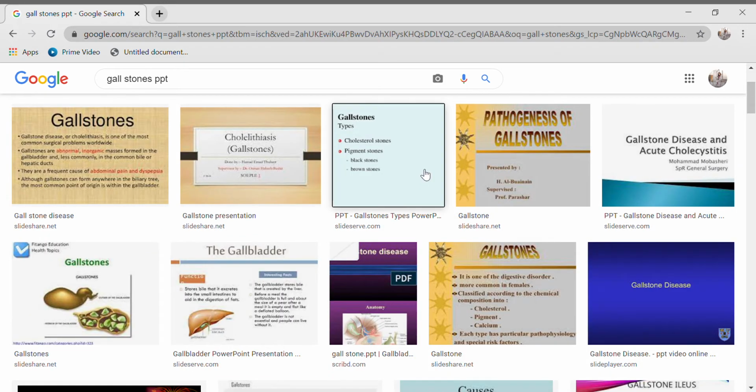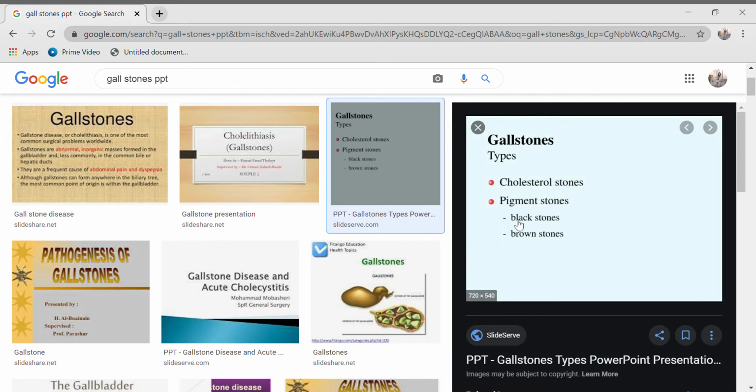The types of gallstone are cholesterol gallstone, black gallstone, and brown. That is cholesterol and pigment. Cholesterol gallstone, the site of origin is gallbladder. Black stone is also from the gallbladder, but brown stone is formed from the bile duct. Okay, so black color is due to the calcium and the bilirubin pigments. That's why it's in the black color. Okay, the brown gallstone originates from the bile duct, and the composition is mixed. That is, both calcium and bilirubin will be there in the mixed form. So these are the types of gallstones.